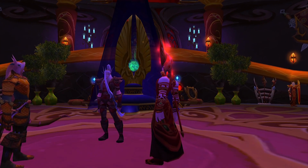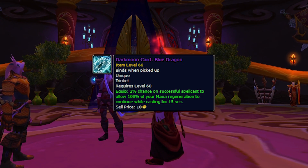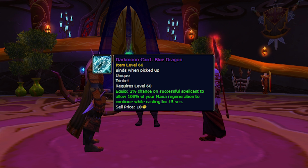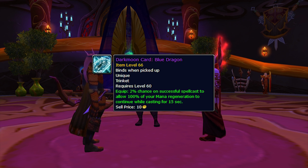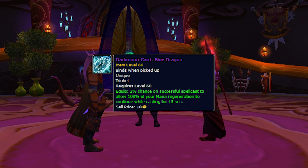Darkmoon card Blue Dragon. This trinket is insanely strong and has a 2% chance to allow 100% of your mana regen to continue while casting, and these percentage values are being untouched for TBC, so they stay the way they are, and any percentage based items scale insanely well with gear over time as well as levels. This trinket will most likely be best in slot for many healers out there,